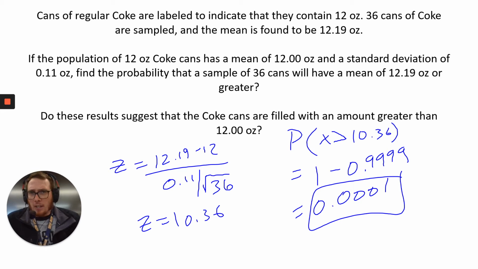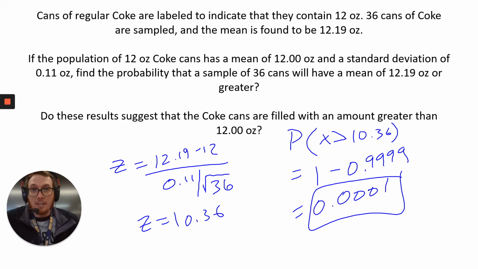So this is a very unlikely situation because it's less than 5%. That would be unusual statistically. What this probably means is the mean amount of Coke in the can is not 12 ounces. What happens in this case is actually the mean is greater than 12 ounces, and the reason is to